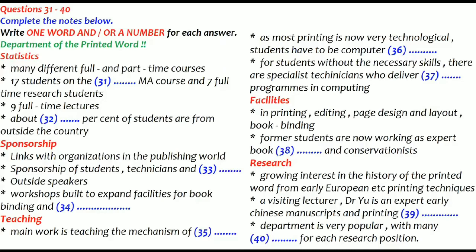And we now have about 50 in the first year, doing a wide range of courses, full and part-time. We have a thriving research department, with 17 students on the taught MA course and 7 students doing research full-time. In all, we have 9 full-time lecturers and 16 part-time lecturers who work mainly but not exclusively in our evening department. Of the total student body, approximately 21% are from outside the country, a number which has been increasing steadily